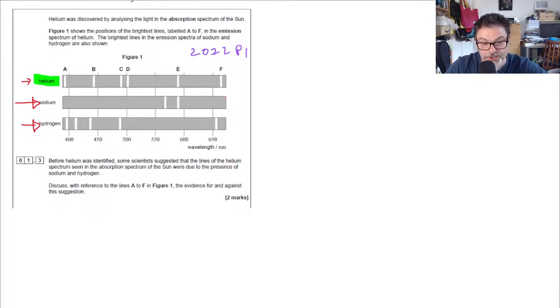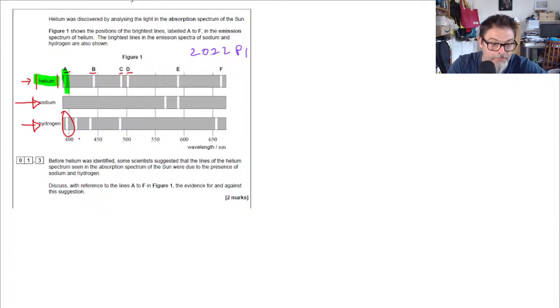And the question is asking, could this new one at the top, which of course turns out to be helium, and which they've labelled the lines, could it be sodium or hydrogen or some combination of them? So what you have to do is look along the lines and see how they compare. So let's take line A here in our unknown spectrum. You can see, I think, pretty clearly that that lines up with this line. So that suggests perhaps our new substance has got something to do to